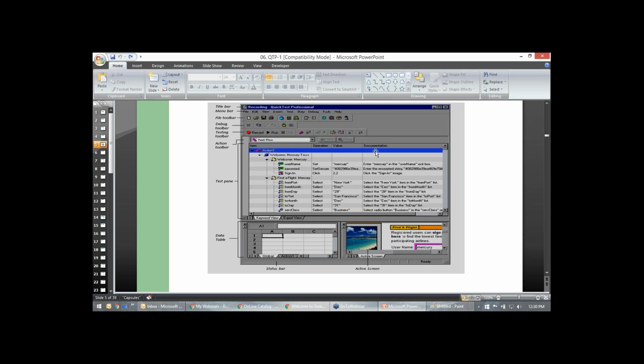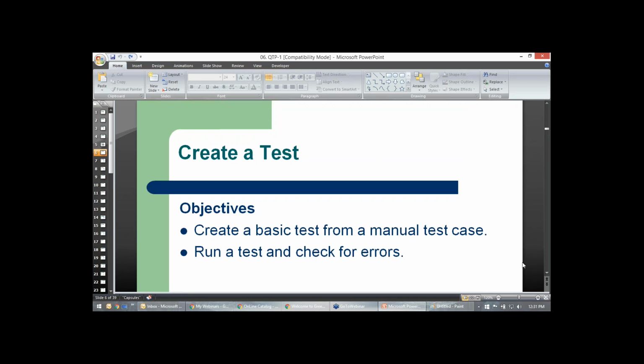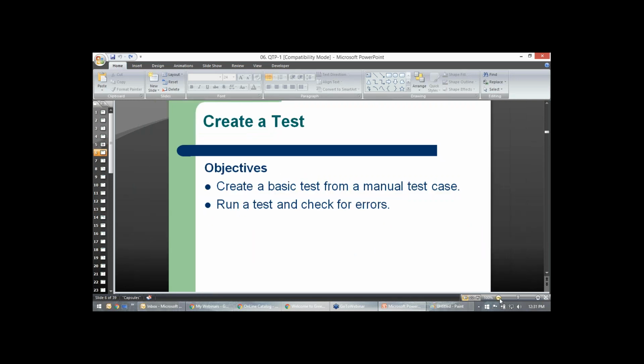You can only see them once you open QTP and look into it, and see the various things you can perform there. And then you can create a test.